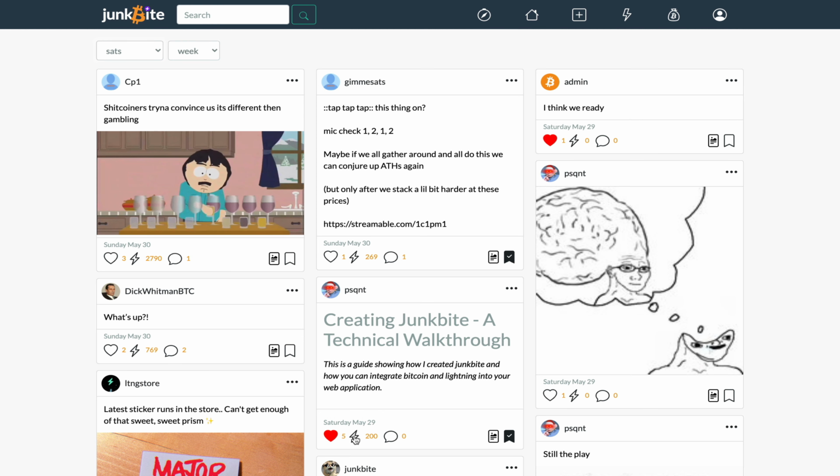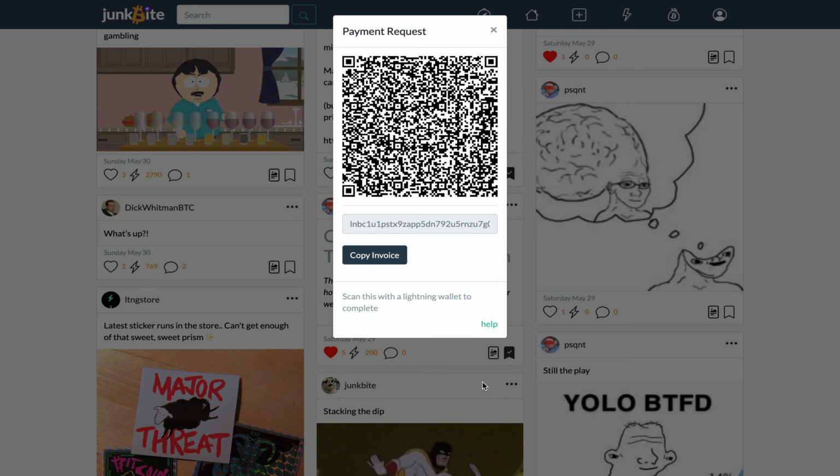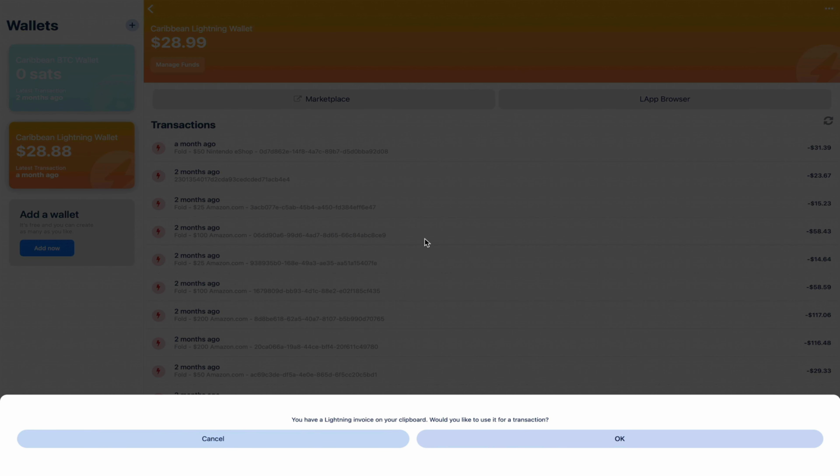So once I click on this lightning symbol, as you can see, I have the ability to set the amount of sats that I want to send. In this case, I'm going to send 100 sats, and I'm going to zap that to him. Now what's going to pop up is a Lightning QR invoice. I will copy this invoice and I'll open my Lightning wallet. In this case, I'm going to use Blue Wallet. Now the wallet already detects that I have an invoice copied to my clipboard, so I can always go and